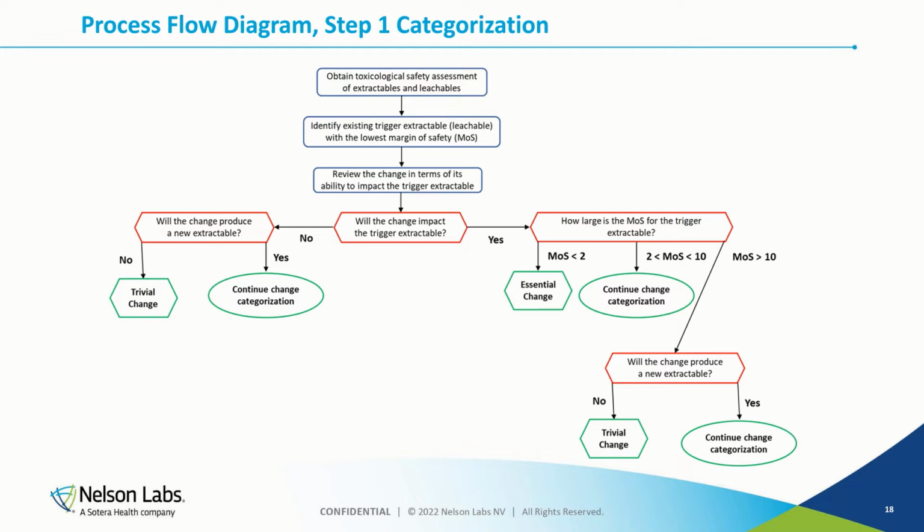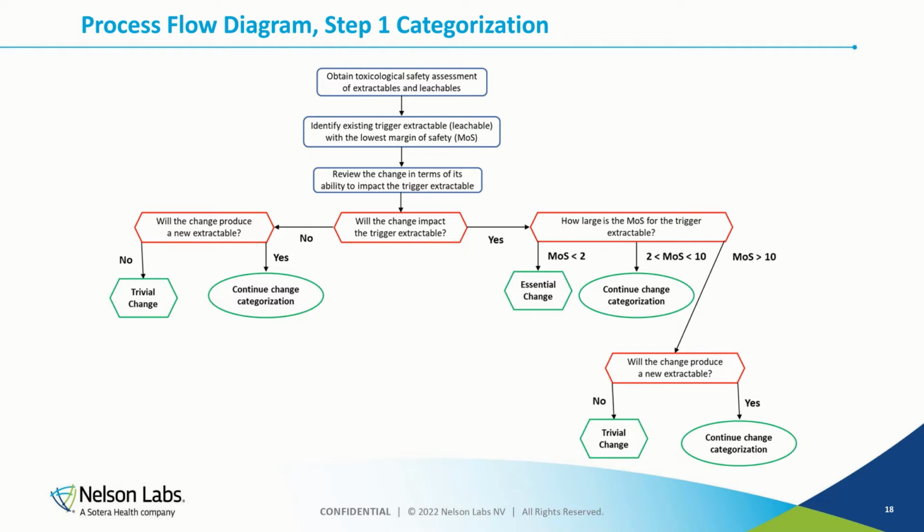However, if the change impacts this trigger leachable, this trigger extractable, then you ask yourself, okay, how high was the margin of safety for that trigger extractable? Was it greater than 10? Again, if the margin of safety was greater than 10, then you can probably change the container closure system fairly significantly before the leachable's concentration increases tenfold and the margin of safety becomes 1. So again, if the margin of safety of the trigger leachable is greater than 10, more likely than not,